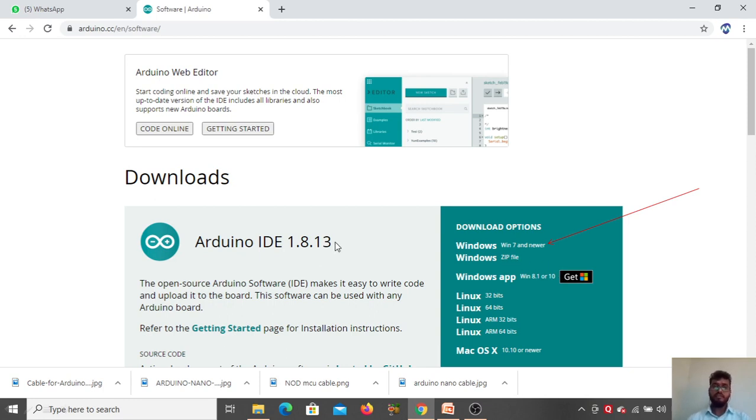There are different options available, whether you want to download it for a Windows operating system, Linux, or Mac. Depending on your particular system, you have to download accordingly. In this example I am showing how to install for Windows. As you can see, there are download options here on the left side. I have marked with a red arrow here, that is Windows Win